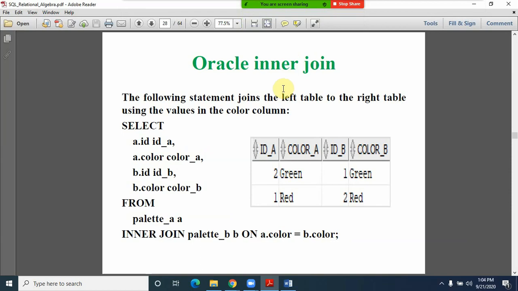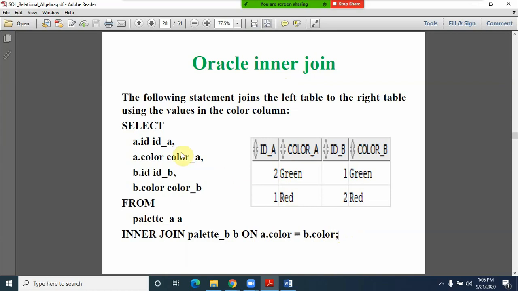If you are referencing these tables, what we are trying is joining the left table to the right table using the values in the color column, and this condition verifies that the color from palette A and the color from palette B must be equal.